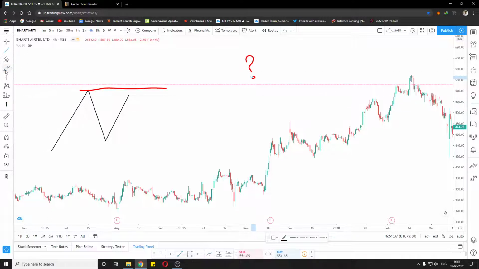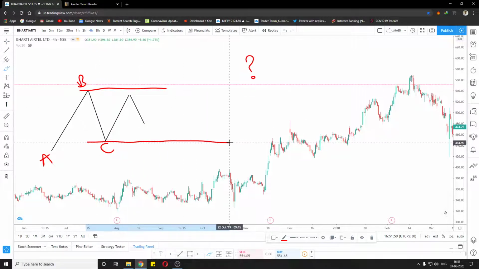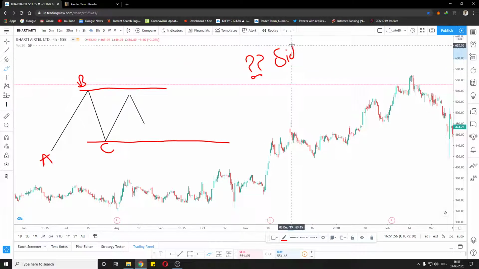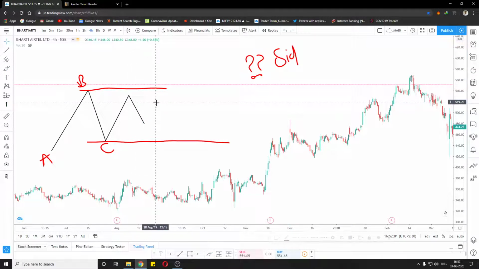And let's name these points A, B and C. So the market couldn't cross point B and the market couldn't cross point C. Now we are stuck between point B and point C. We don't know where the trend is. This is called a sideways market. We don't want to trade in the sideways market because the market is not going anywhere. The moves are small, it is moving all over, so it is difficult to make profit. As long as the market doesn't cross point B or point C, we call it a sideways market.